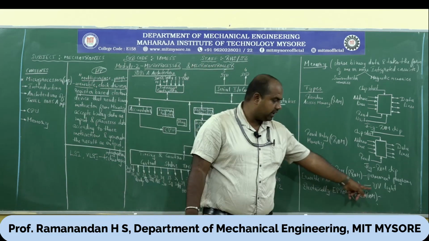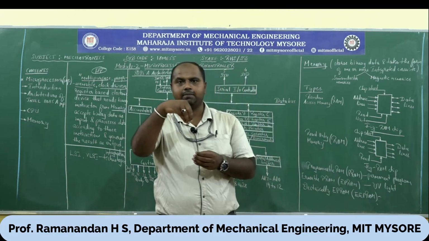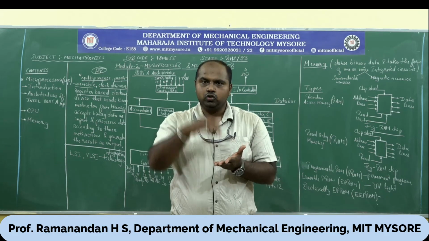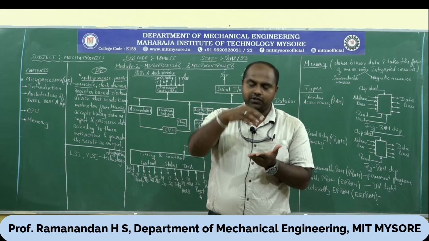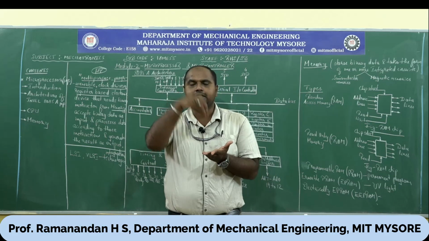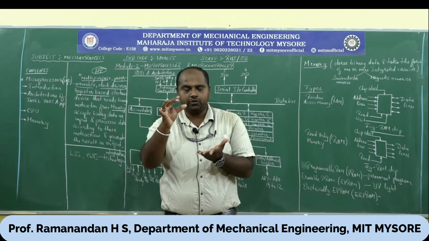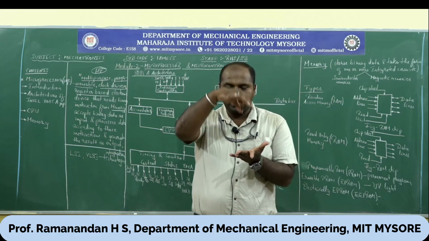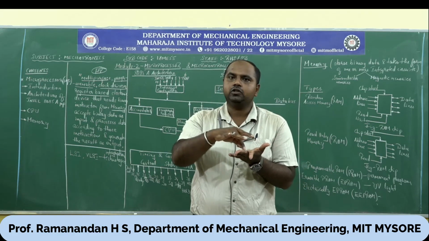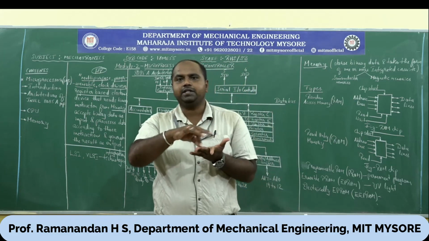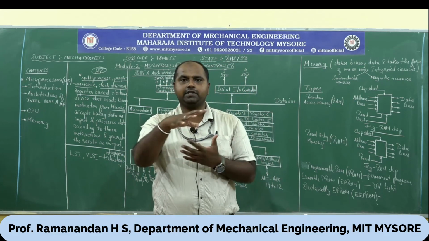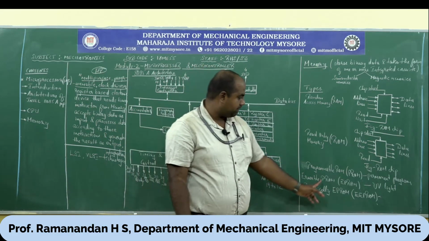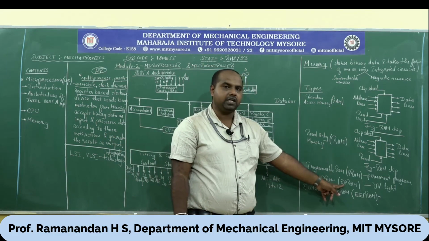Next is EPROM, erasable programmable read-only memory. Ultraviolet light has the capacity to erase the information fed on the PROM. It affects the ionization of the silicon oxide and dissipates the charges. I already told you, data is saved in the form of electrical charges. Once UV light falls on it, it dissipates the charges. It changes the structure of the ionized data and erases all the data. Such a PROM is called erasable PROM, or EPROM.